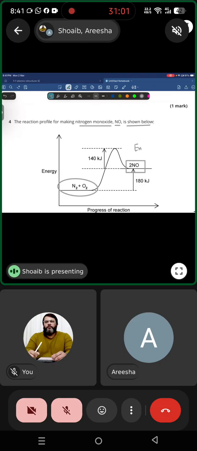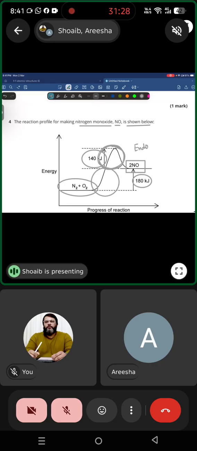Endothermic. This one is the amount of activation energy, and this one is what? Delta H. This curve is not becoming a part of the reaction; it gives in and gives out the same amount. This area is used